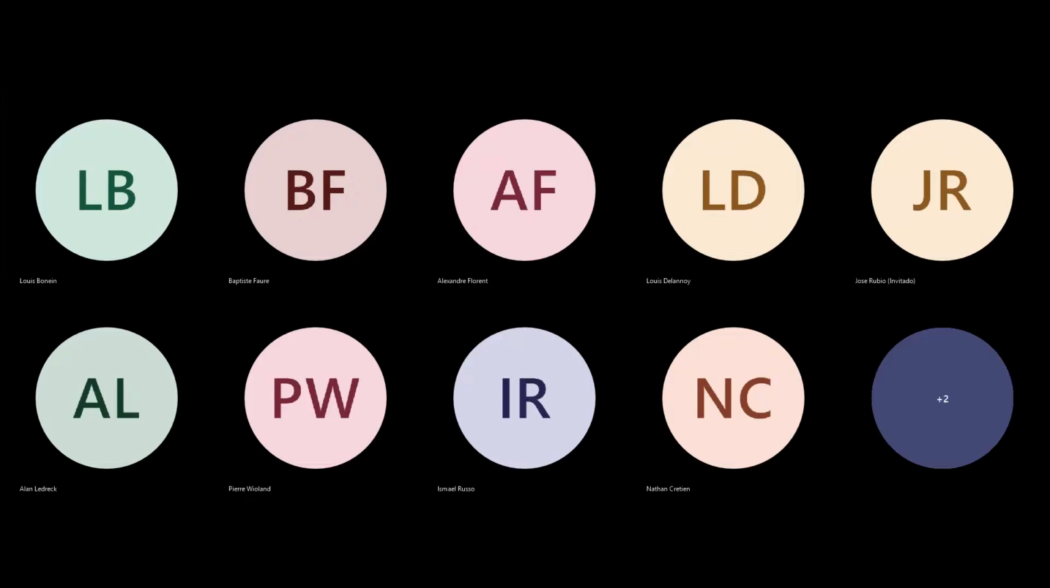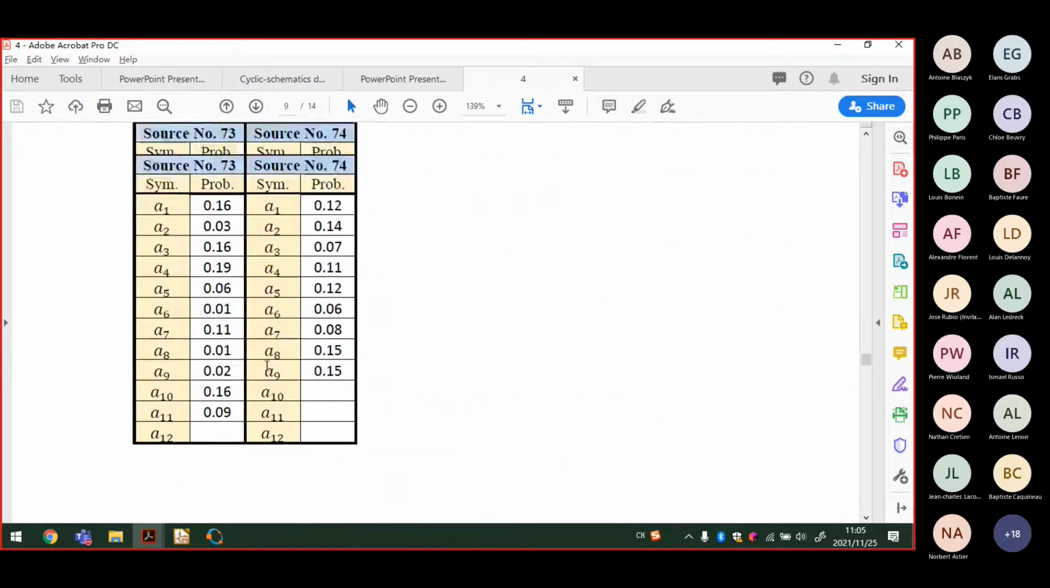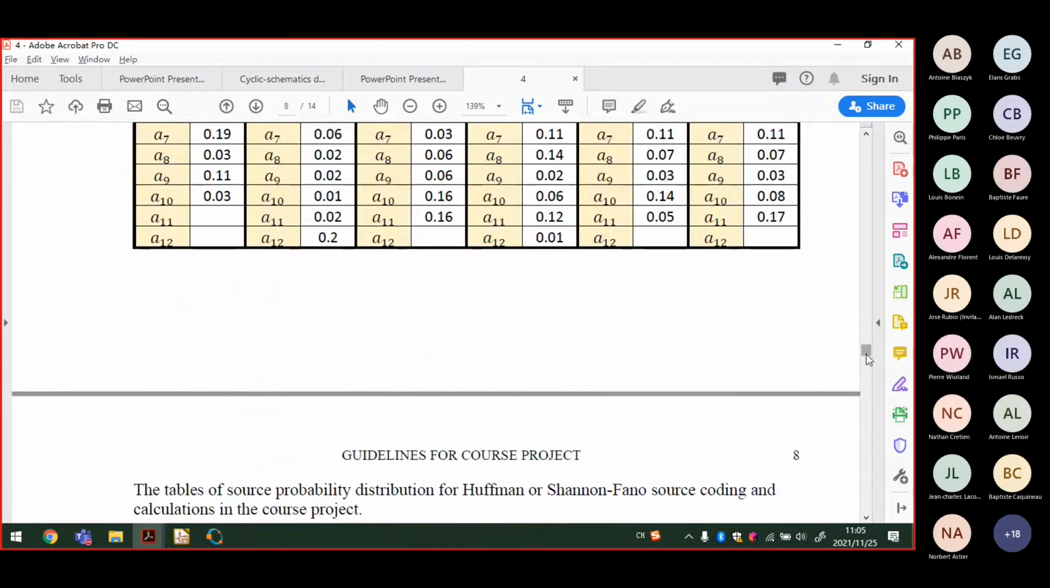Previously, in task 5, we will change the systematic code, group code, to the cyclic code, and all the subtasks will be the same. And in your individual parameters, let's check it